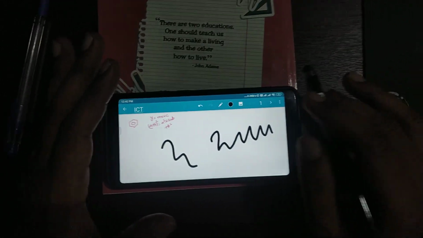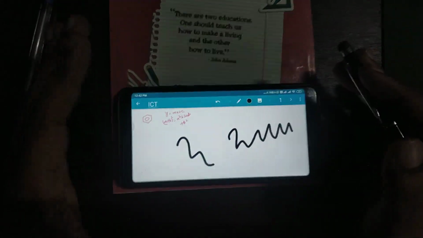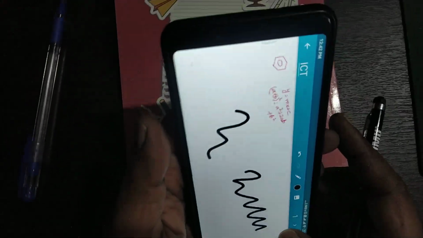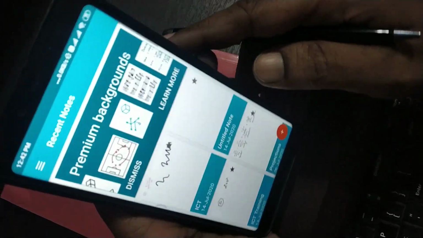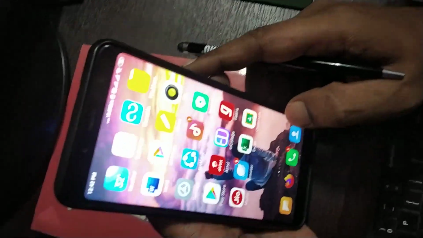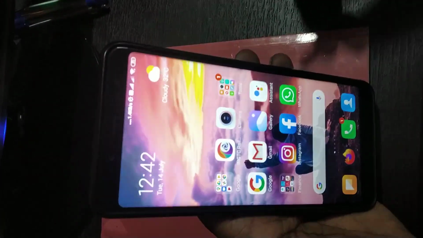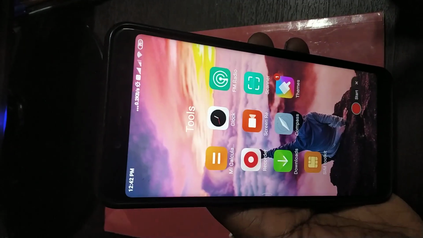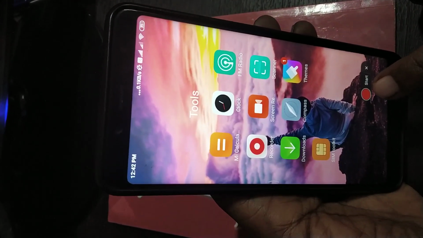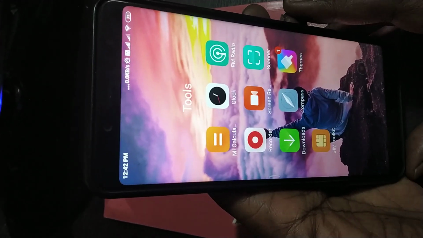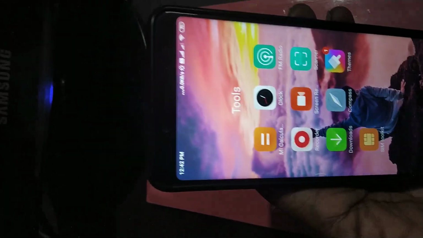Now, what I will do, so how to record the entire stuff using your mobile phone. Now what I do, I will come out, stylus pen. Okay, so I'm coming out from mobile. Now I want to create a class for today's ICT session or for any regular class. I will go to my screen recorder. I will tap my screen recorder. I will click start. So when I click start, now my screen recorder is on.